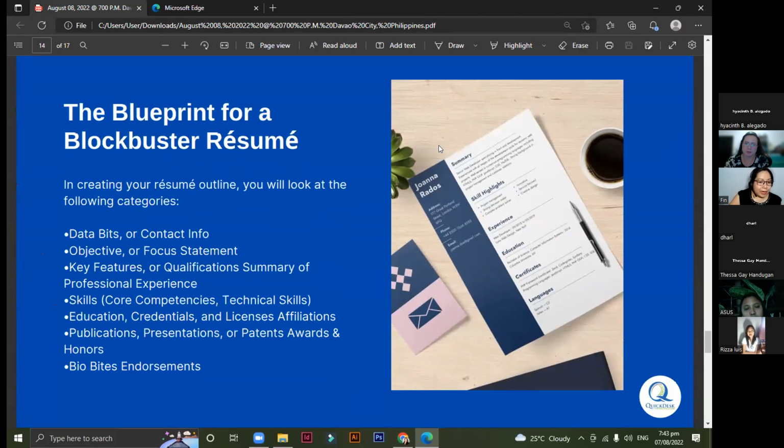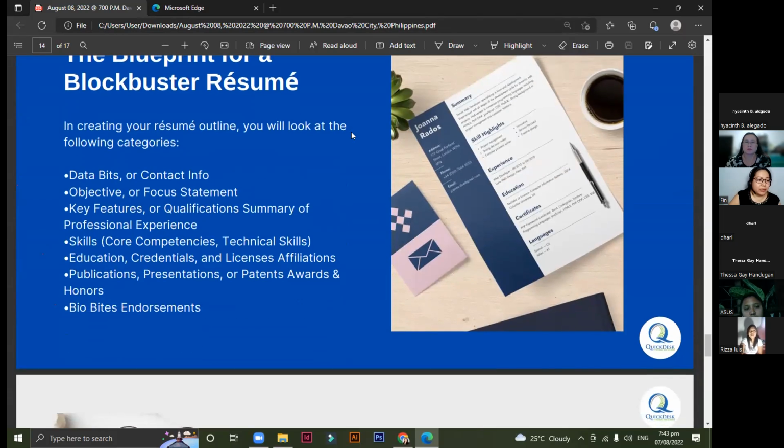Okay, so now we have come to the part of the blueprint for the blockbuster resume. So in creating your resume outline, you will look at the following categories. Data bits or contact info, very important. You have to have a current or existing contact info, email address,